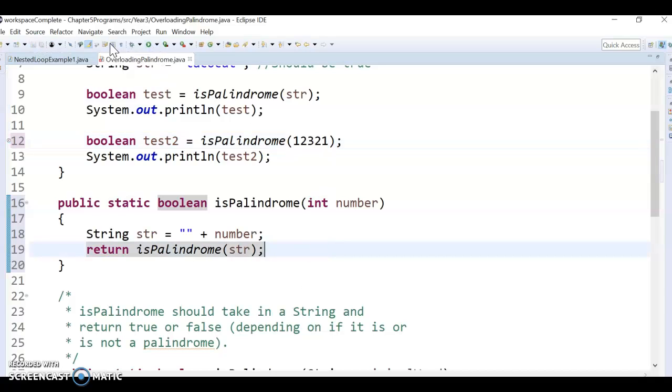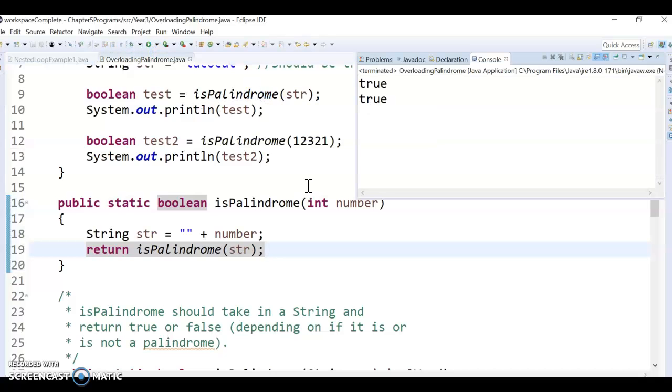Okay, and you can see that this one should return true because it is a palindrome, right? So that's called